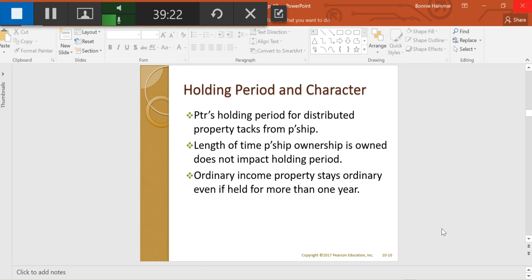And it's also an example of where character of the property matters, because if the character of that property that's distributed to us is capital in nature, then when we dispose of the property, it's going to result in a capital gain or loss. Now, if we dispose of it and we have a capital gain, we're all happy, right? Because now if we have any capital losses realized in that same year, we can offset those losses by that capital gain. But we're probably not too happy if the character has to get tacked on, i.e. carried over to us upon distribution by the partnership,